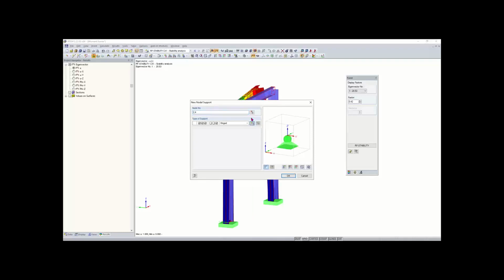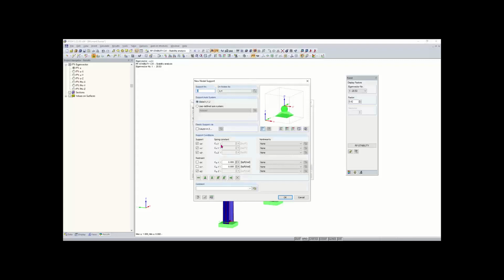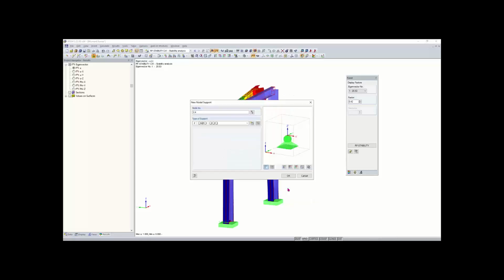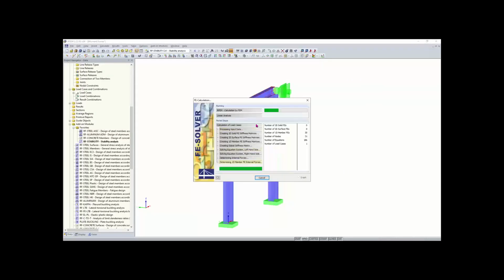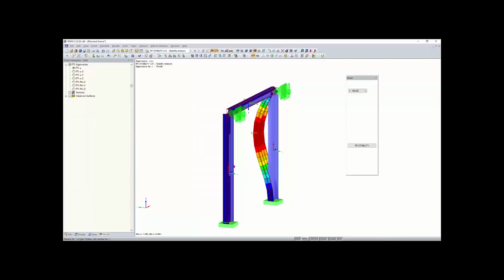So what we can do is hit new type of support. This support would allow it to move in the Z direction and the X direction, but keep it in plane in the Y direction. And the rotation for this pin support will be all released. We'll click OK again, and then hit calculate. RFEM will run through these calculations again, and then we can see how our eigenvectors have changed based on the